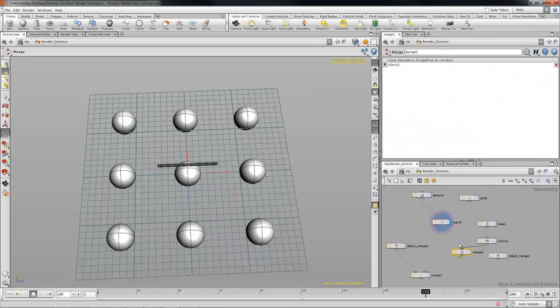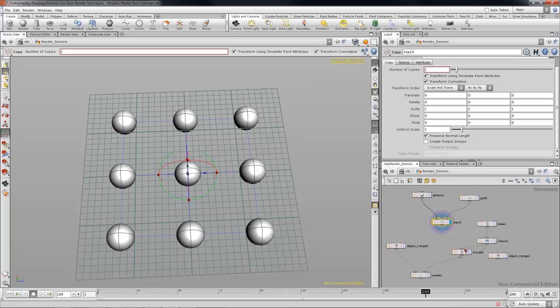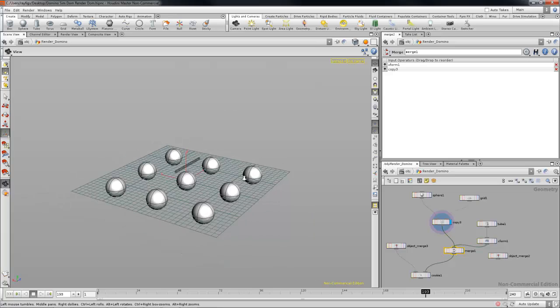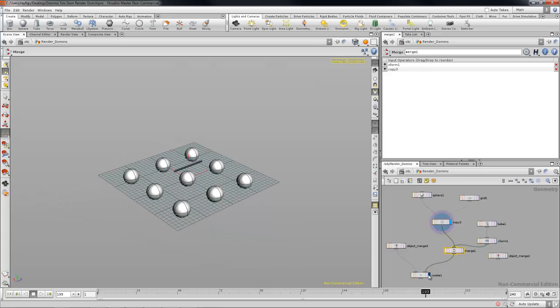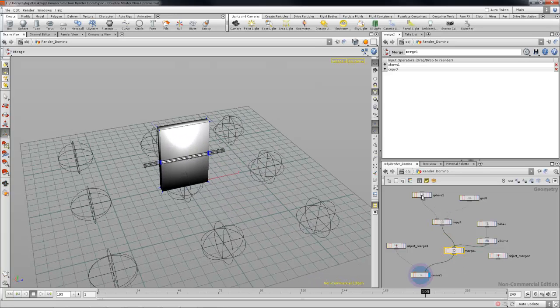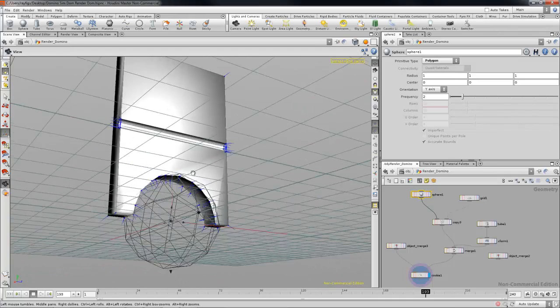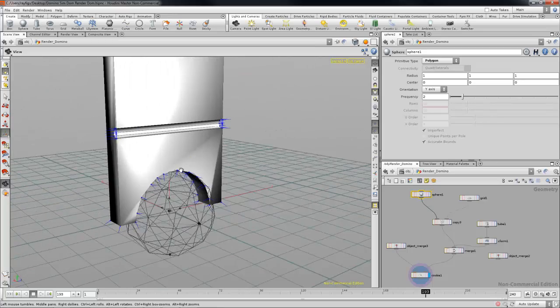Merge that in this, like so, and then we'll bring this into here. So now if we check this cookie out here, if these were actually polygons, you get to see that the sphere is ripping apart